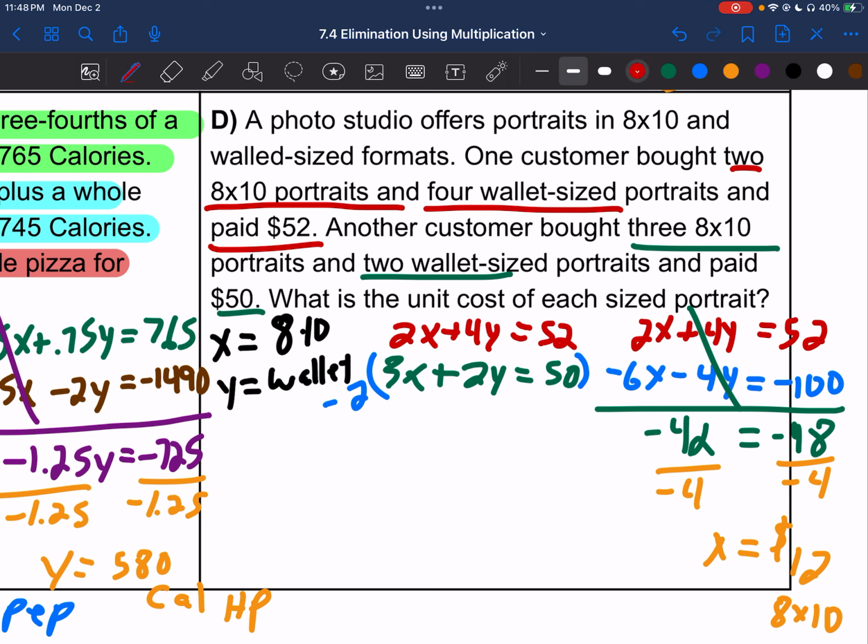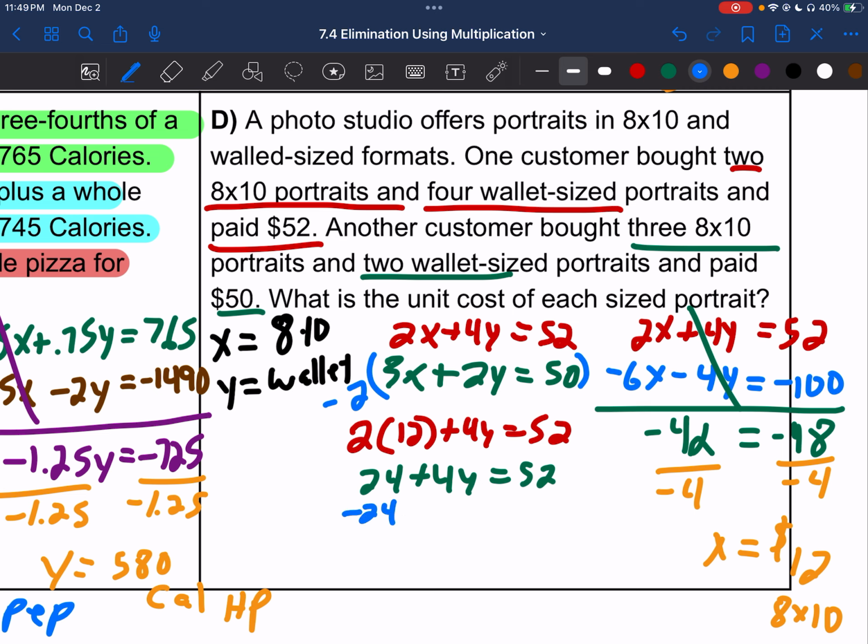All right. Now we need to use one of our two equations. I'm going to use the top equation. So we're going to do 2 times 12 plus 4y equals 52. Multiply that, that's 24 plus 4y equals 52. Subtract that 24 from both sides. 4y is equal to 28, which will then divide by 7, and y is equal to